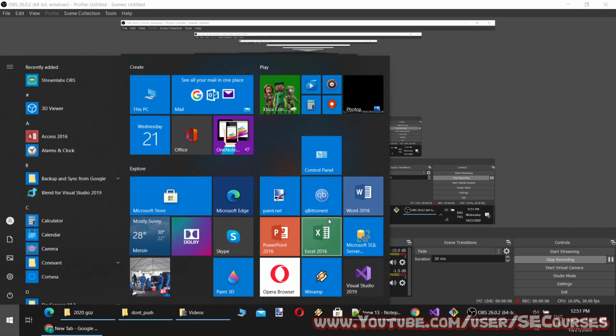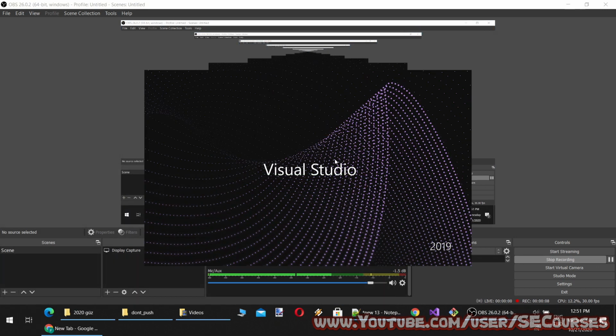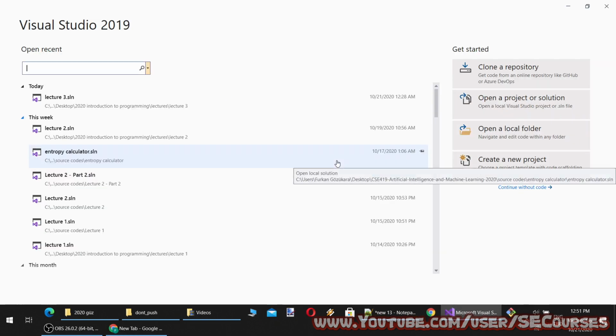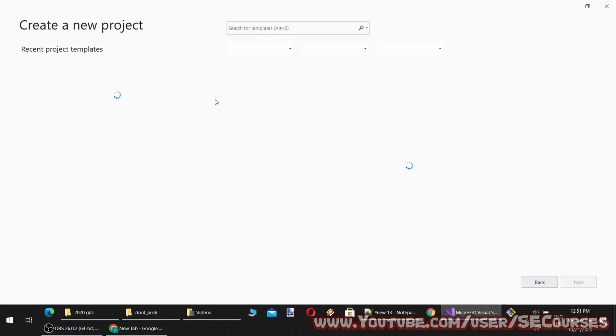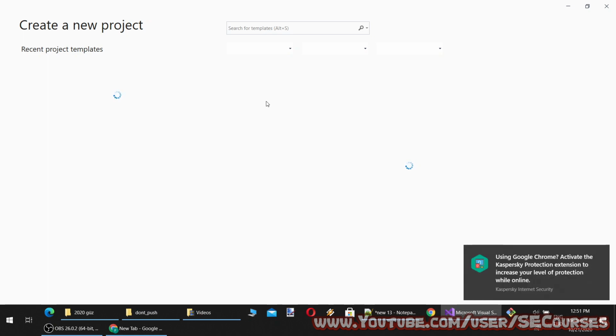Today we will start with a console application, then we will move to the WPF. I will show you the arguments that a console application can take from a command window.